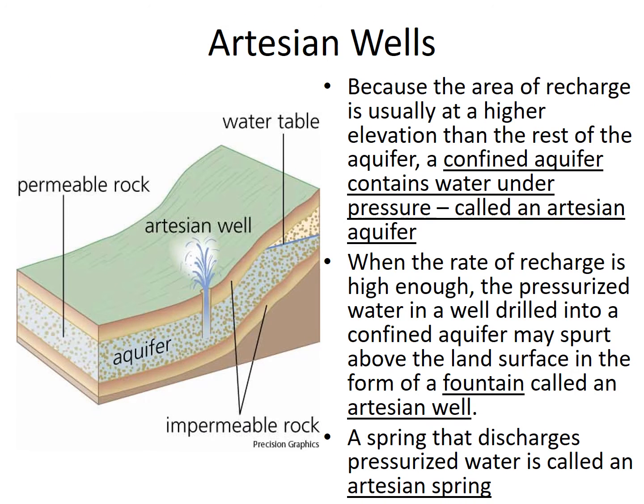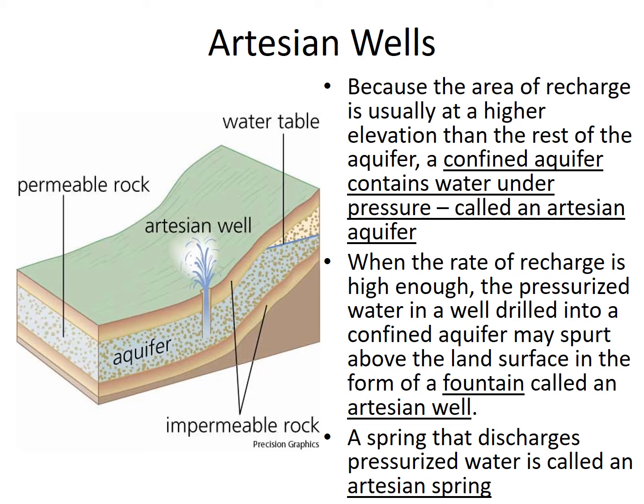All right, let's look at artesian wells. Because the area of recharge is usually at a higher elevation than the rest of an aquifer, a confined aquifer contains water under pressure, and this is called an artesian aquifer. And when the rate of recharge is high enough, the pressurized water in a well drilled into a confined aquifer can spurt above the land, and this causes a fountain or an artesian well. The spring that discharges the pressurized water is